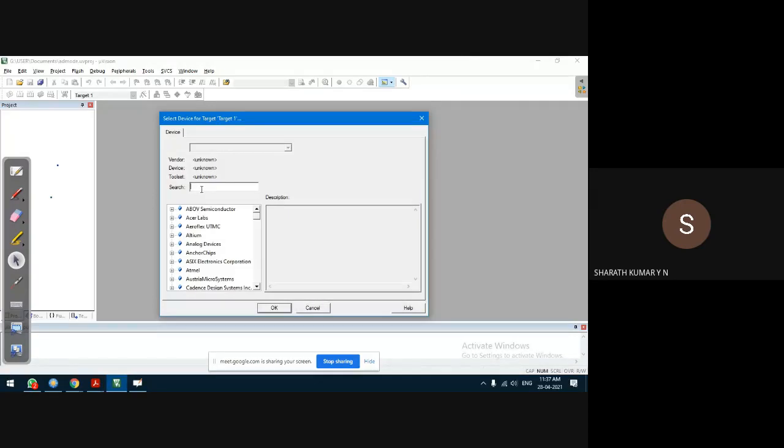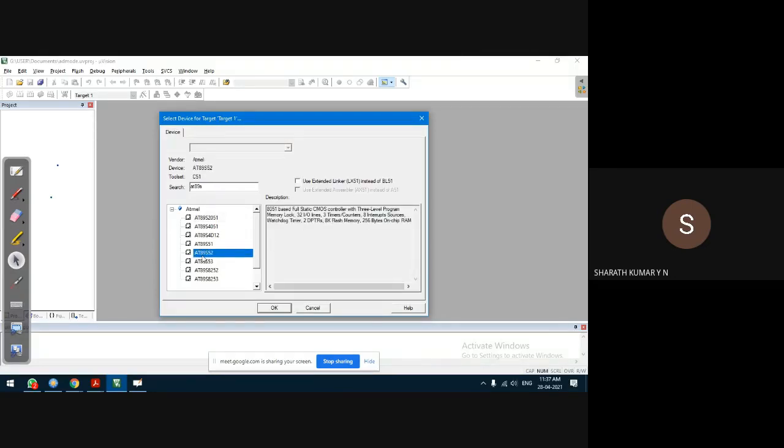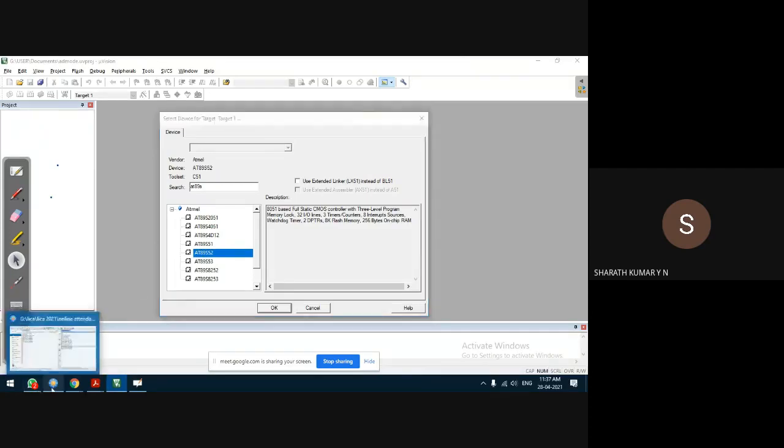Here we have to select the target microcontroller for which we are writing the program. What was the target microcontroller? 8089S52.